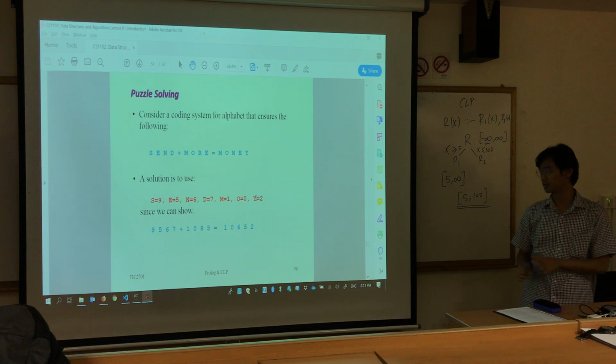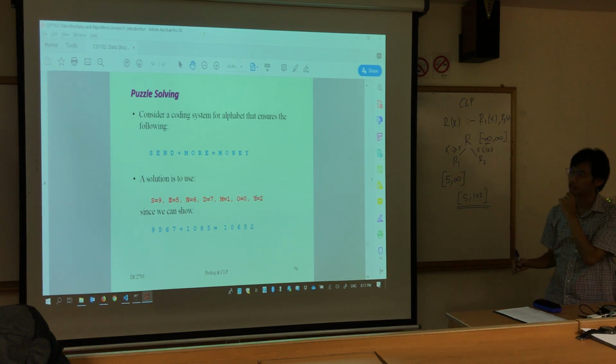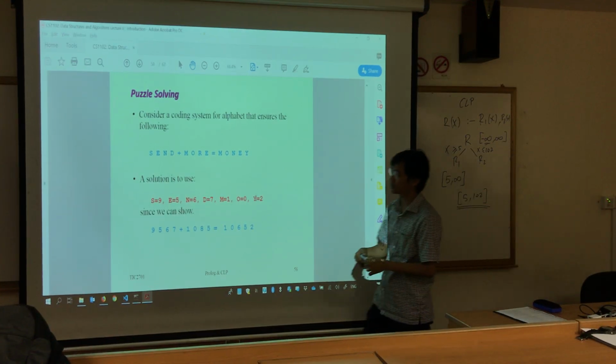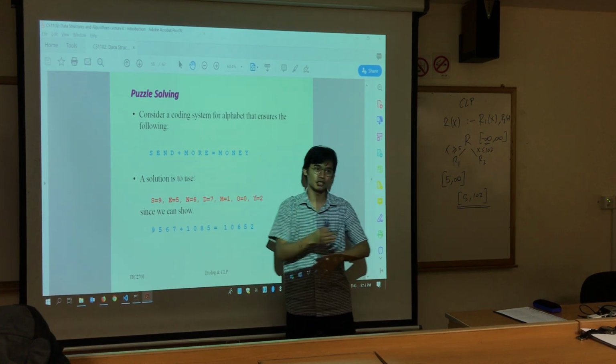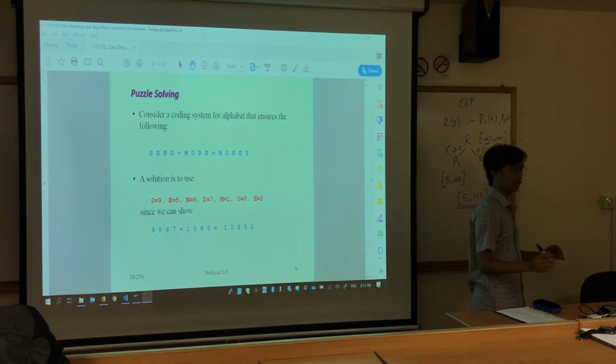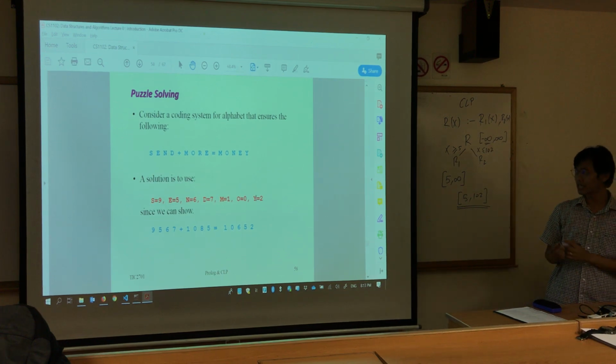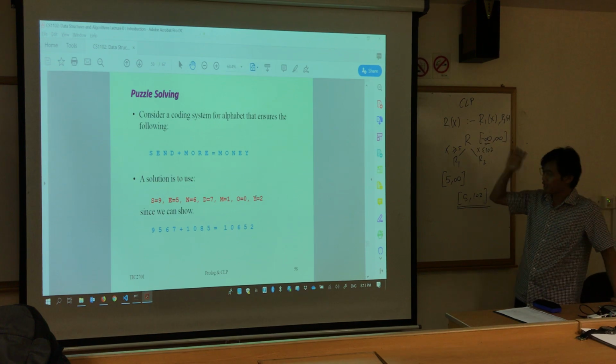Okay? So pretty simple. Well, actually not exactly simple, but if you want to do it yourself, then you just have to try to find an assignment of what is S, what is E, what is N, and then just check whether it's correct or not. Okay, that can be quite complicated. So the constraint logic programming